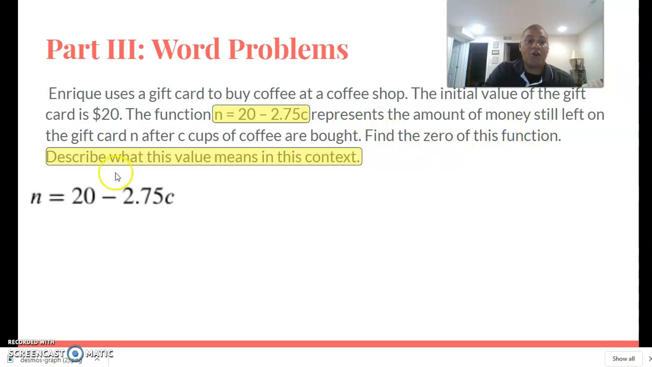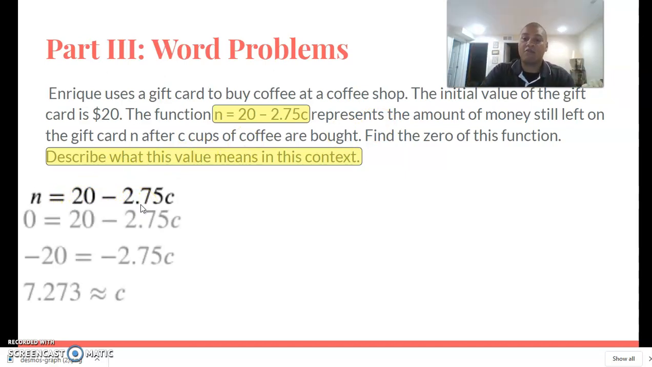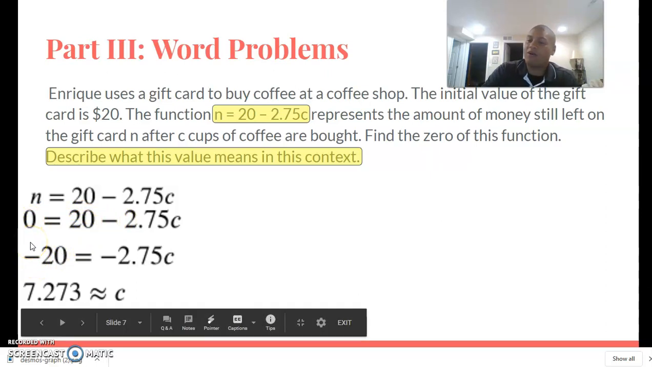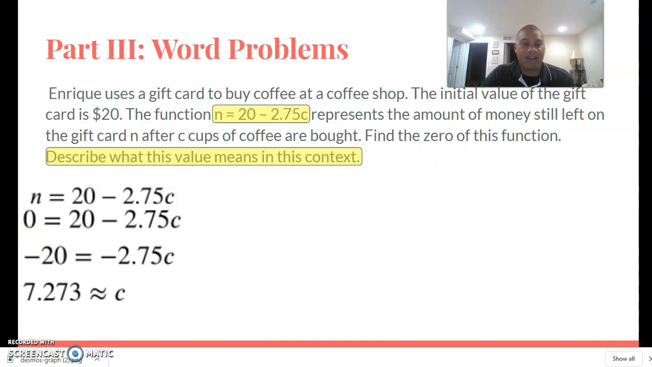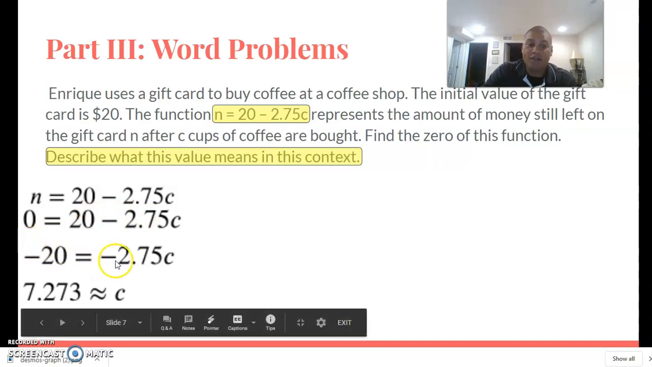So in this case, we start off with n equals 20 minus 2.75c, and we're going to plug 0 in for y, plug 0 in for the dependent variable, and then we're going to solve like normal. So we plug the 0 in for y. We're going to subtract 20 from both sides, and I know I said I usually try and avoid negatives, but I found in this case, better just deal with the negatives than trying to add 2.75c to both sides. We'll just subtract 20 from both sides. We'll divide both sides by negative 2.75. And then it comes out to